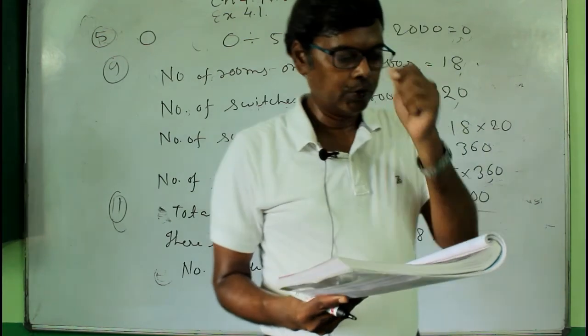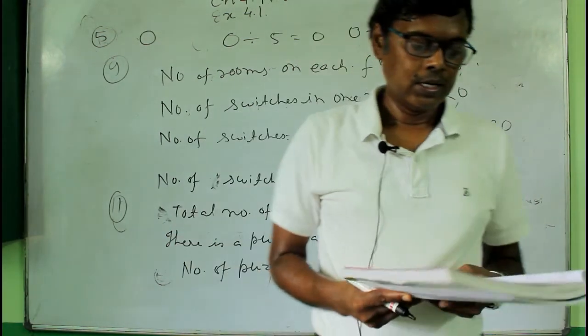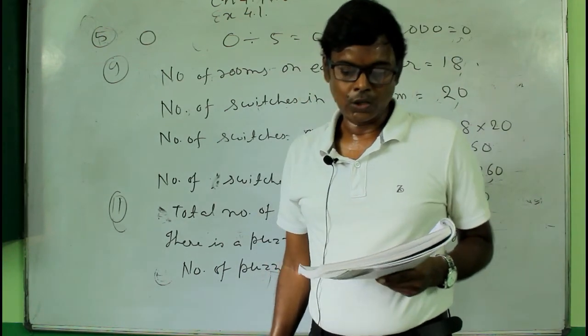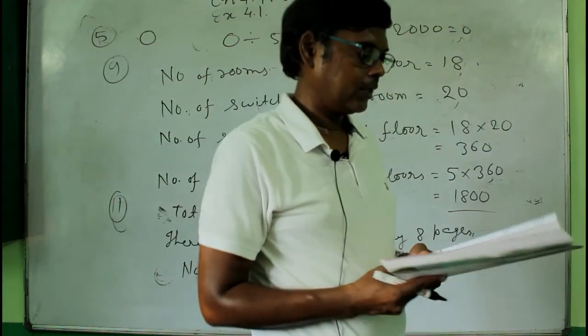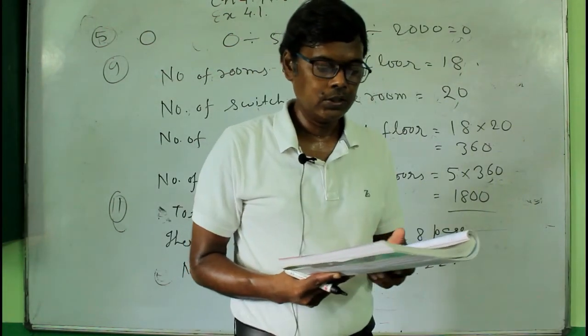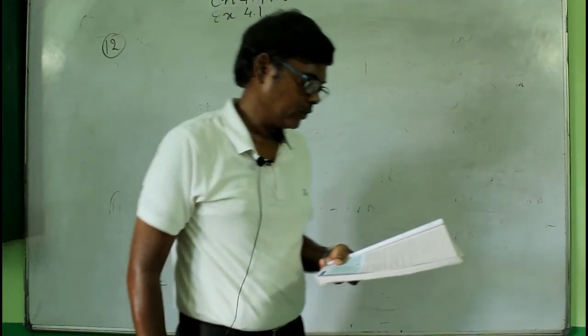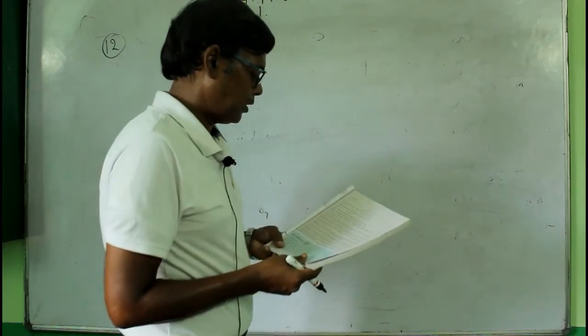Then question number 12. Rohan wants to buy 5 pairs of jeans and likewise 5 t-shirts for his annual clothes stock. One jeans costs ₹1,500 and the cost of a t-shirt is this. How much money would he need? Okay, so Rohan wants to buy 5 pairs of jeans and 5 t-shirts.